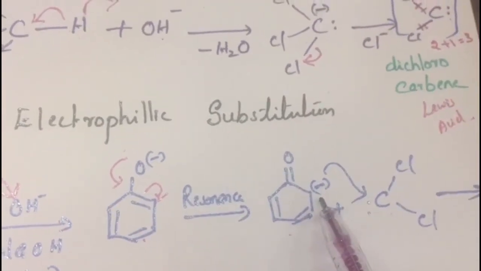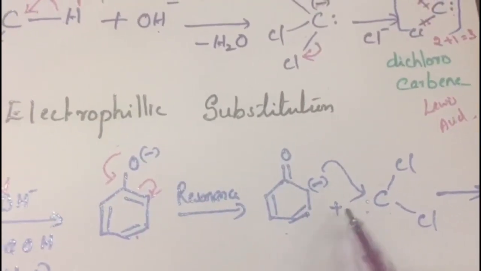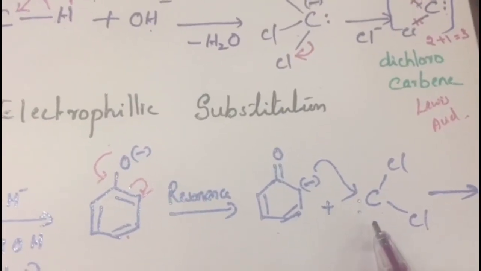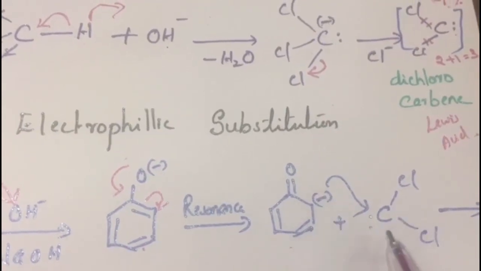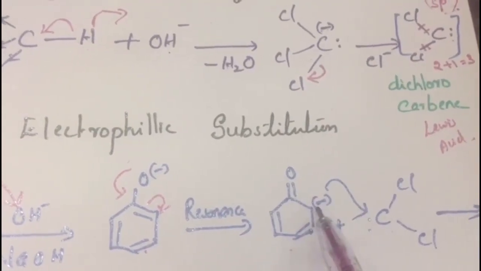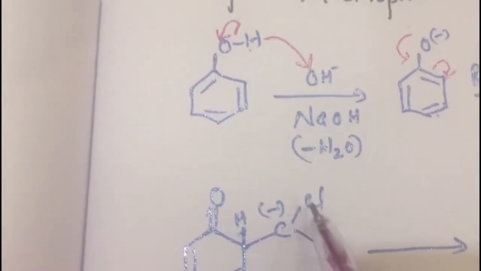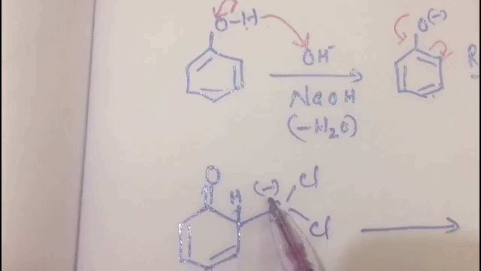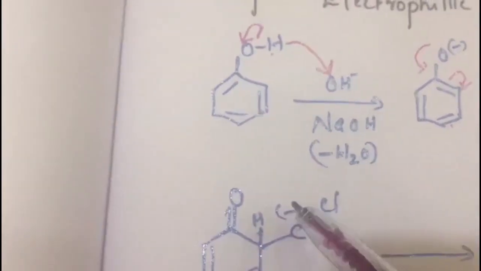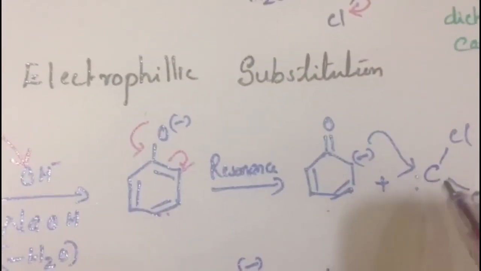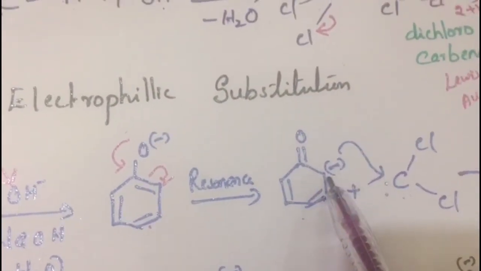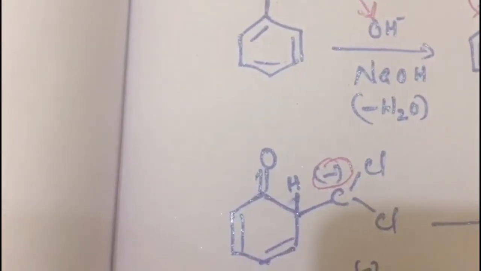So on this negative charge, this dichlorocarbene is attacked. This dichlorocarbene, as I told you, is electron deficient. So this will receive the electron from this carbon atom and this carbon atom will be attached to this bond. So the product will be here double bond O, C, Cl, Cl and this carbon atom acquires negative charge. How does this carbon atom acquire negative charge from here? You see this carbon atom is attached to this bond using this electron. That is why this carbon atom acquires negative charge.